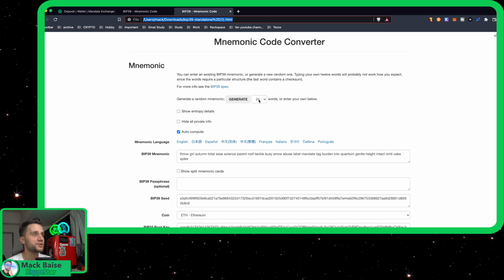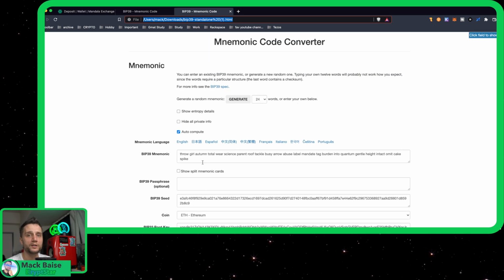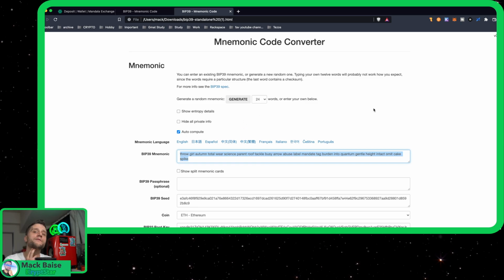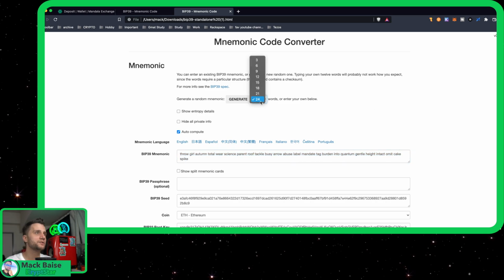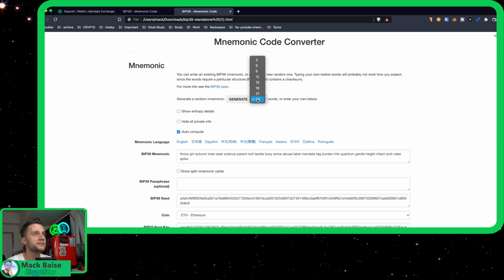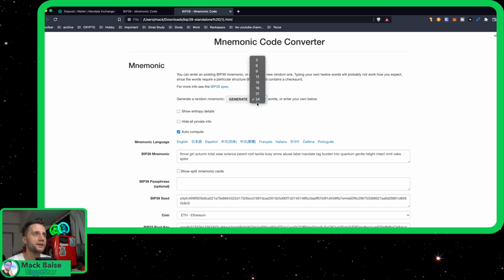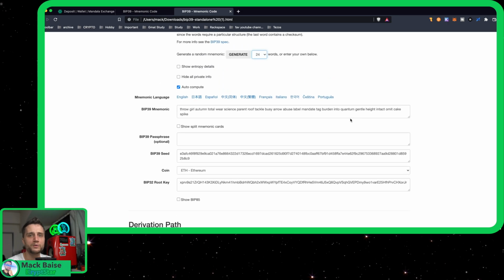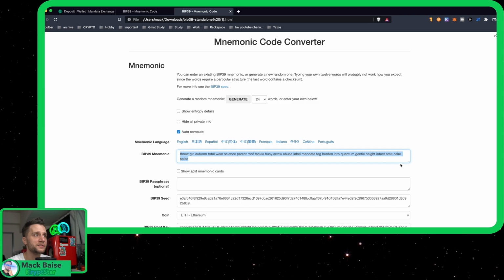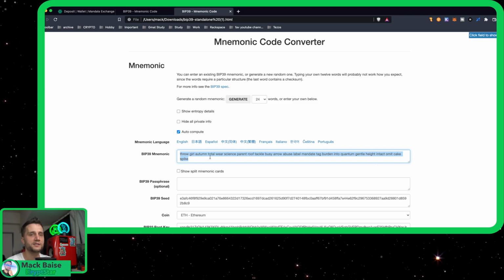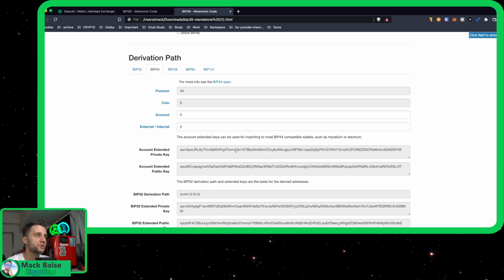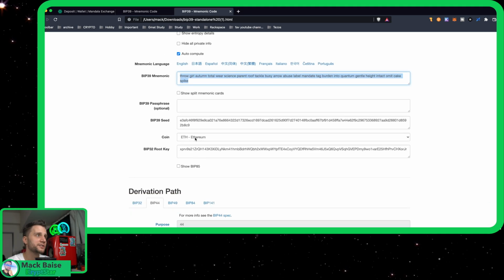So first, you want to generate a 24-word mnemonic phrase, which is the most secure. If you want to be most compatible, some of the wallets that I know don't go all the way up to 24, so you can do 12 or 15. Some don't do 18. So I'd recommend 12 or 24, which seems to be the most common. You can always just use the first 12 or the first 15, so that way you can keep the same words for all of your wallets. It helps keep maintenance much easier. You just copy that. Okay, scroll down here, and make sure you change this to Ethereum,